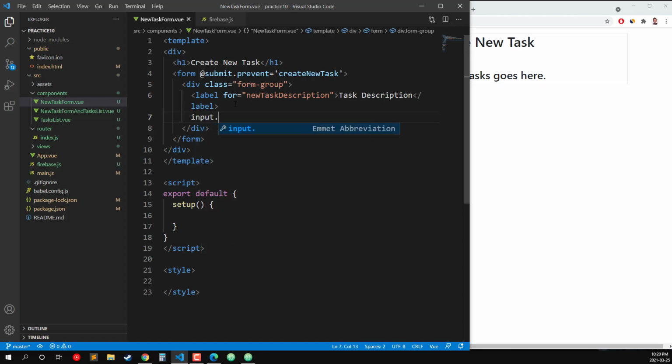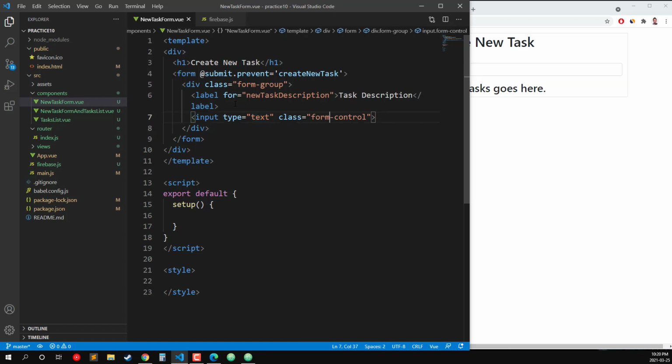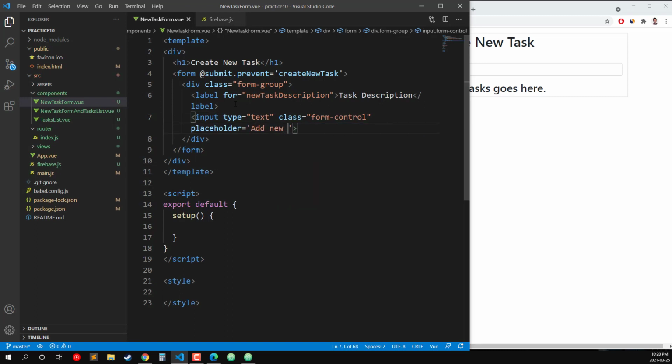And input of form control, type text, class form control, and then we're going to do a placeholder of add new task description here,